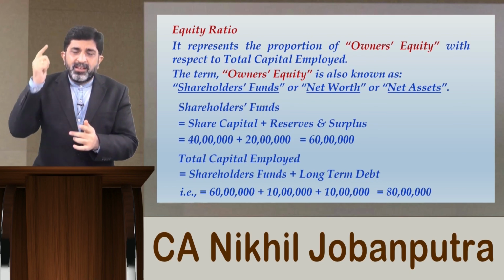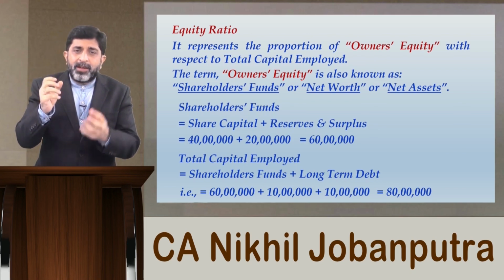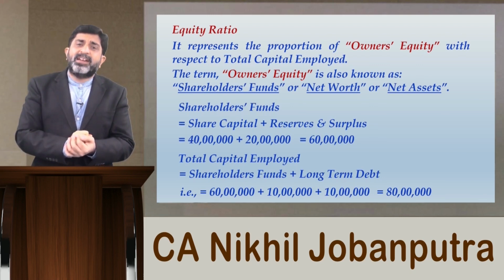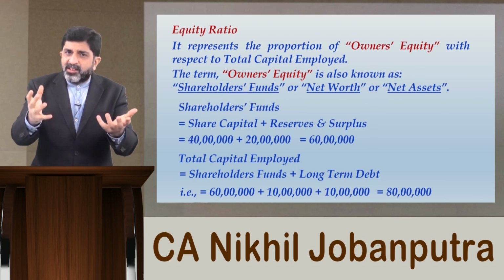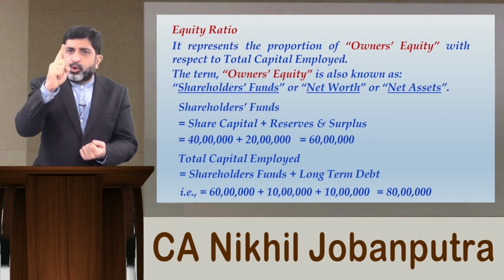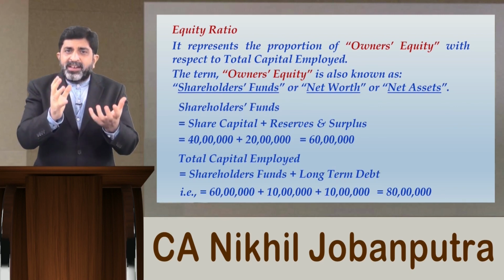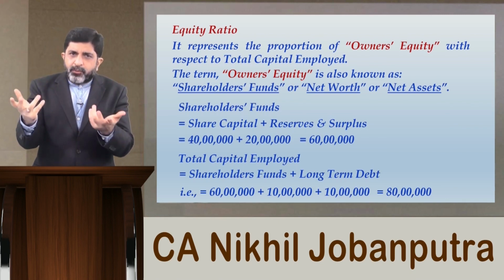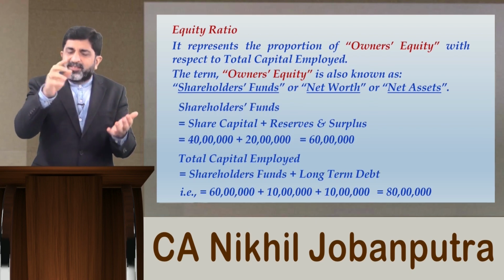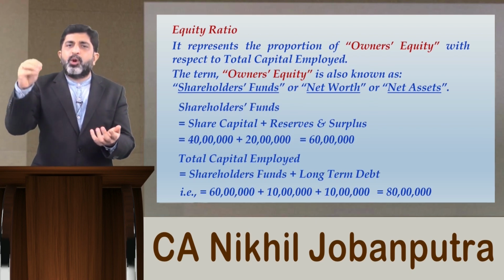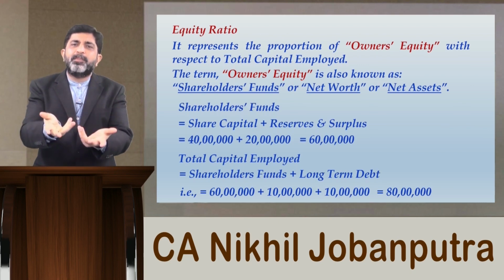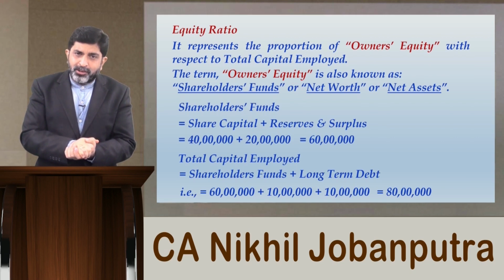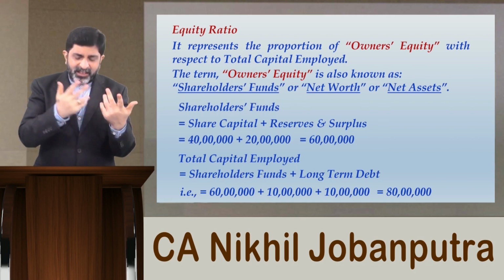If you saw in the cost of capital chapter, when we were talking about weight of debt and weight of equity for the purpose of computing weighted average cost of capital, I'll just give you a simple scenario. Suppose there is 1 crore of total capital employed where debt is 60 lakhs and equity is 40 lakhs. What will be the debt ratio and equity ratio? Debt ratio will be 0.6 or 60%. Equity ratio will be 0.4 or 40%. That is the implication. You have already learned these ratios in the LTFD and cost of capital chapters. So I am sure understanding this is no big deal.